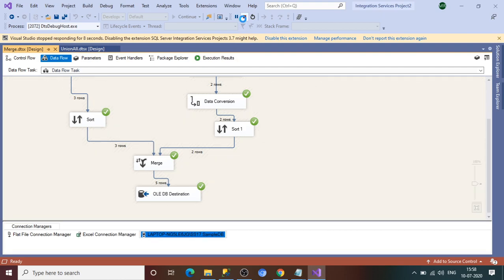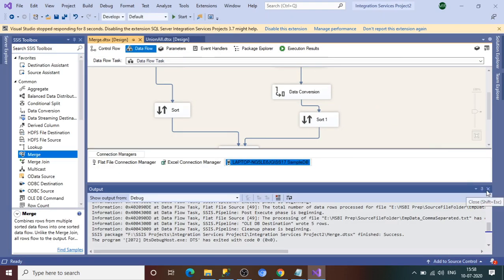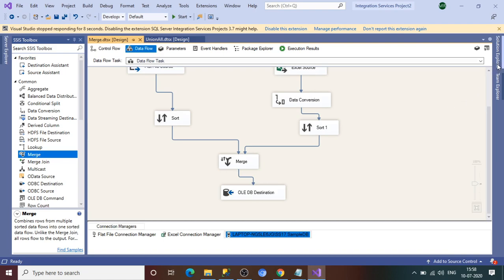Okay, very good. Now the third is the merge join transformation. What is the difference between merge and merge join? If you have worked in SQL, we have inner join, outer join, left join, and so on. Similarly we have merge join. In the merge case, as you have seen, we did not apply any condition; we simply merged the data we got from two data sets. Merge join does the same thing: it merges from two data sets only, and it also requires sorted data in both input data sets. The third condition is that it will join the data on the basis of a condition, on the basis of a matching key.